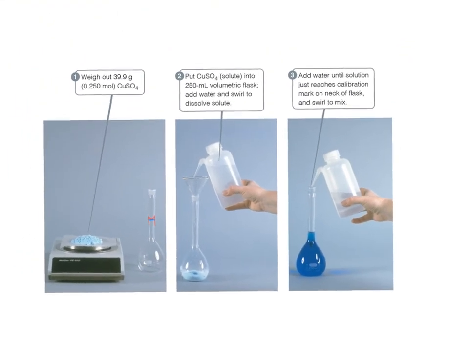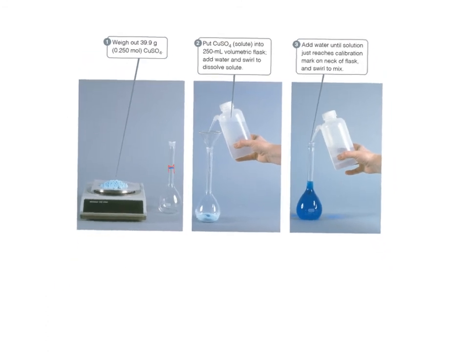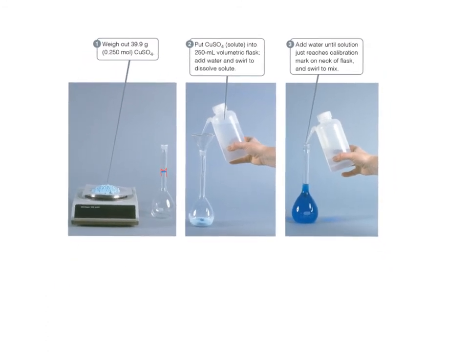And let's see what it says here. Put copper sulfate solute into the 250 milliliter volumetric flask, add water, and swirl to dissolve. Add water until the solution just reaches the calibration mark on the neck of the flask, and swirl to mix. So what would the concentration be here? You're going to have